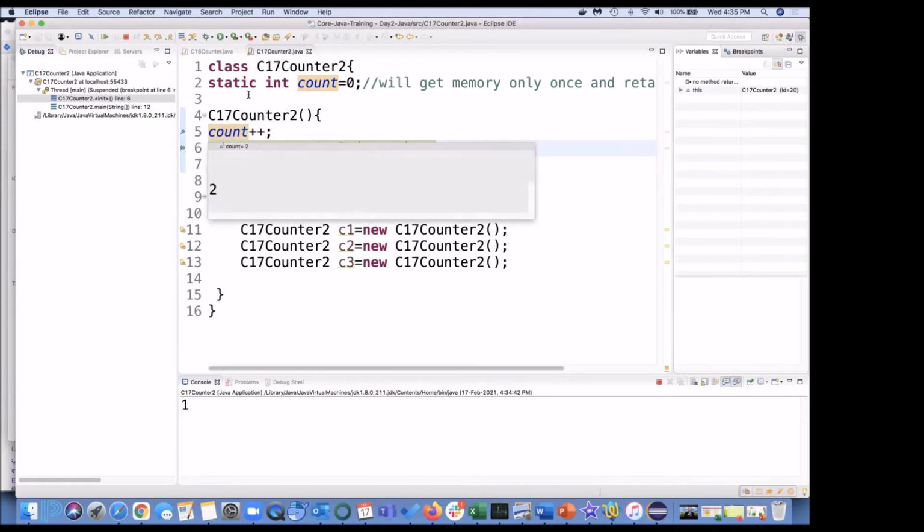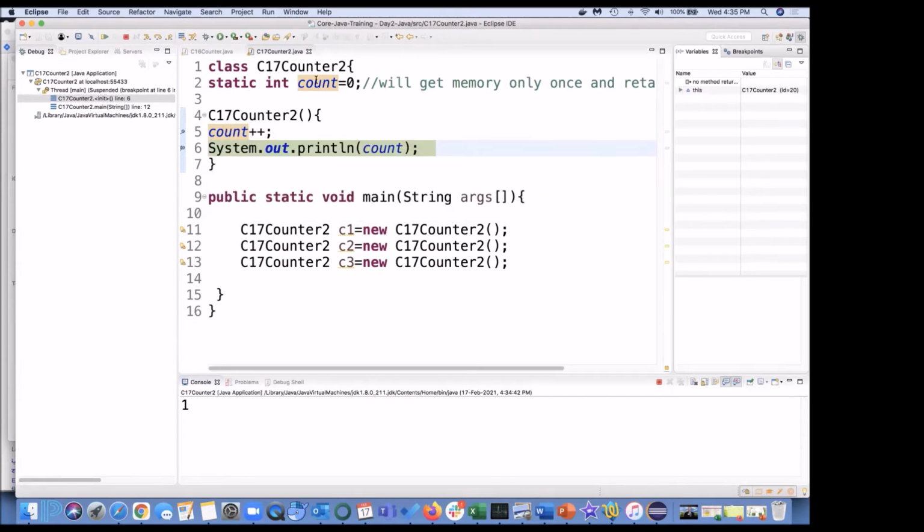Why does the value become 2? Because now this count is not associated with C1, C2 or C3. This count variable, which is a static variable, is now associated with the class at class level. In real sense, we can say this is acting as a global variable. So now 2 is going to be printed.